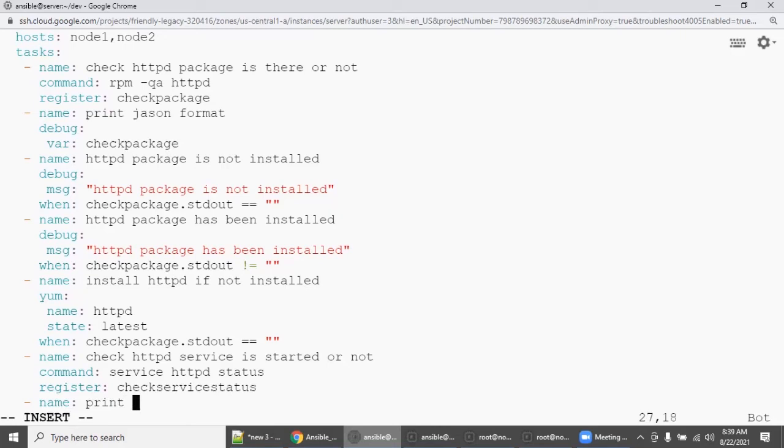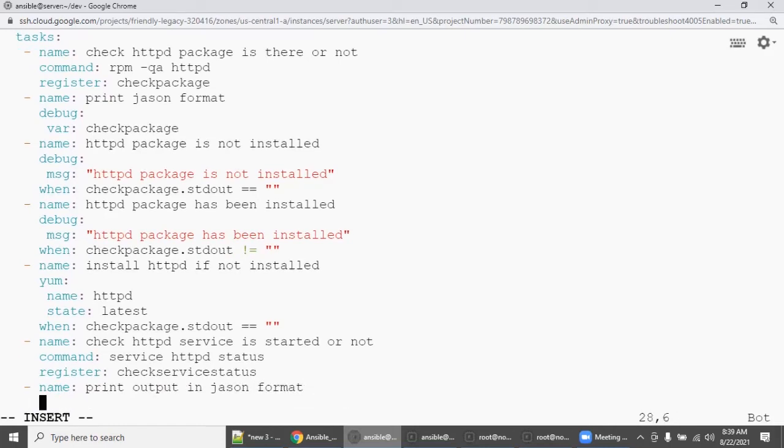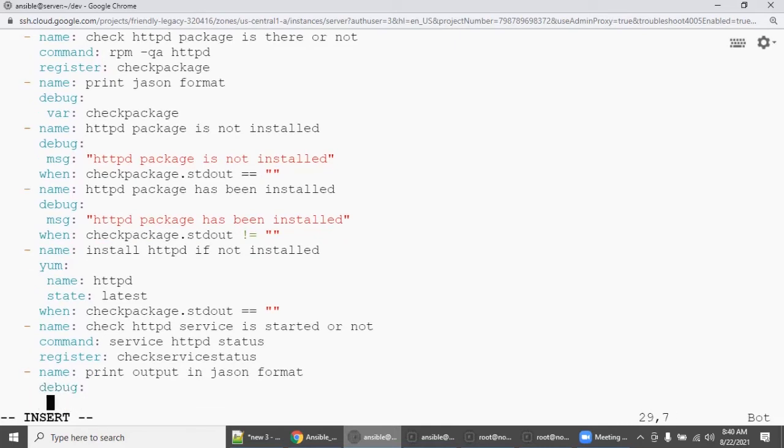I'm zero, I'm a fresher, right? Print the output in JSON format. By seeing the output, I will generate my own conditions. So debug, since it's going to print, var is check service status.